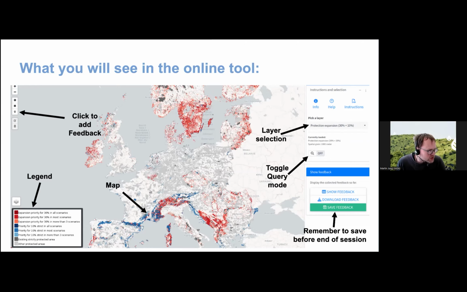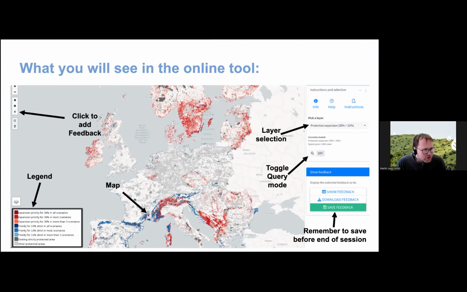Below this, you will also see some more grayed out buttons, but they will be visible. Here, you can either move feedback around in space that you might have previously entered, or you can delete previously entered feedback if you somehow disagreed with yourself. Basically, it was maybe a mistake. That's no problem. And in the bottom left, you will see a legend that shows the overall color codes and what they mean in the maps, with the map itself, of course, being in the center.